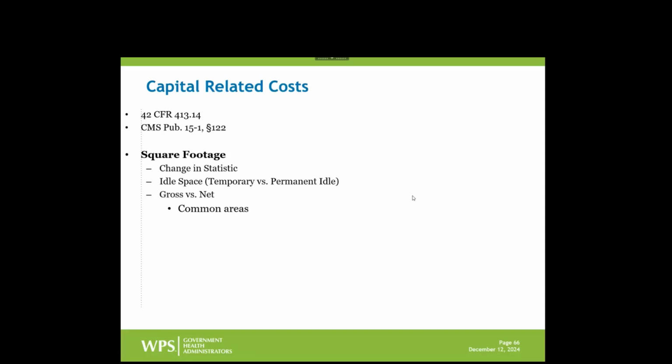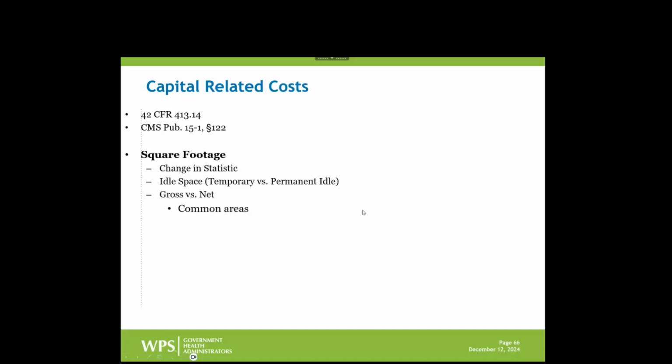So it goes down to, can you show that it's related to patient care? And really in the cost report, that's what drives everything. Ultimately, everything has to relate to patient care to be allowed. So hopefully that helps to clarify what I said earlier. I kind of ran through that quickly earlier, but that's what it boils down to. So very good question there.